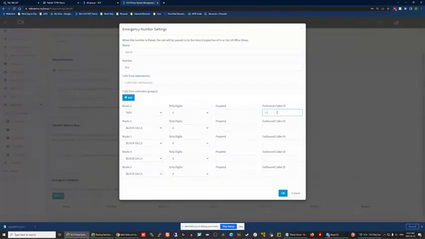So then anytime you call this number that you set here, so your emergency number, in this case 911, it's going to go out as this caller ID, which has your address registered to it. And this will work how I'm showing it right now if you only have one location, only one physical location that uses this PBX. So if you have one office and all users on this PBX are from that one office,